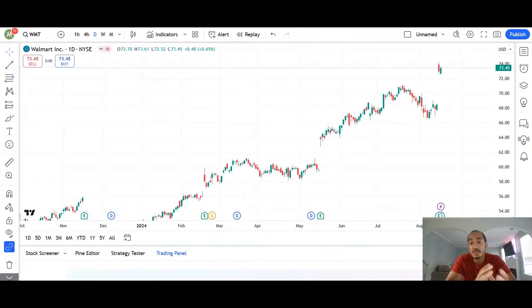But each candle tells you a story. So a single candle is important on a daily time frame when you want to swing trade. A single candle is also important on the 5 minute or 2 minute time frame if you're day trading. But the single candle is only important if it is touching a level of support or resistance. So now let me go into support and resistance on the chart.